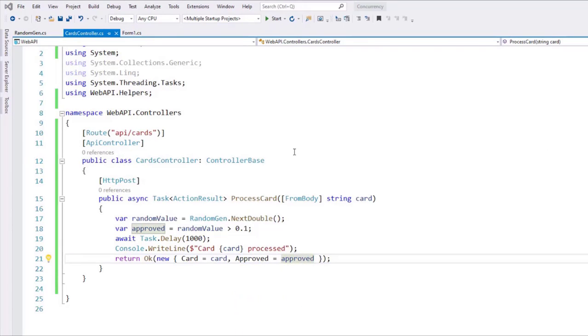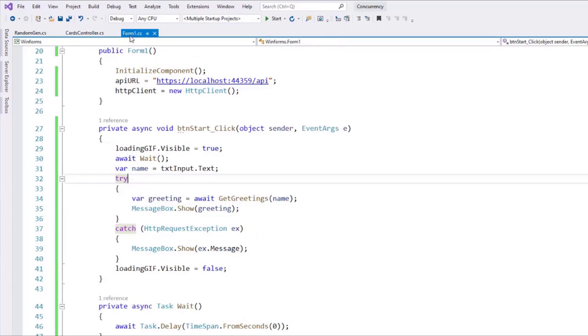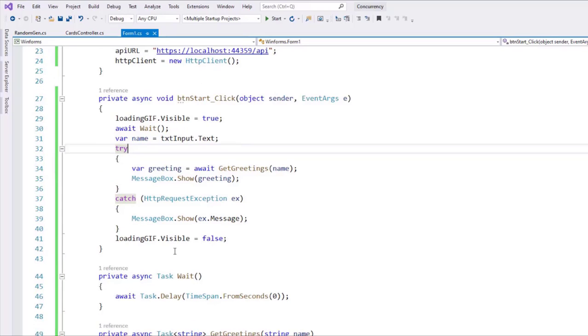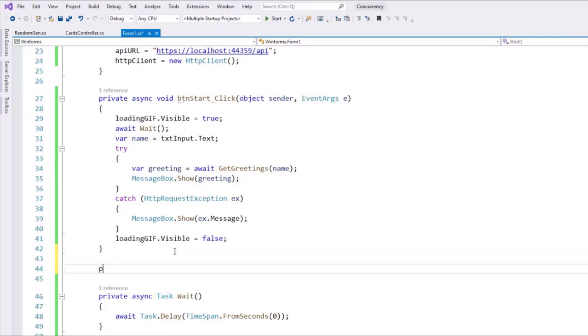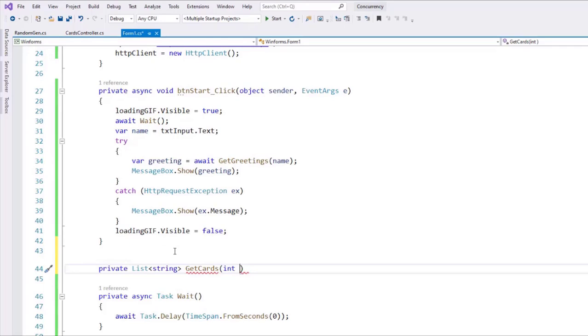And that's it. Now, as we said, our goal is to have many cards to be processed by this simultaneously. We may have even thousands of cards. So let's do that. Let's come back here to our WinForms application, and first what we need is to have a list of cards. For that we're going to create a helper method here. We're going to say private List of strings, and we're going to say GetCards, and we're going to send the amount of cards that we want to